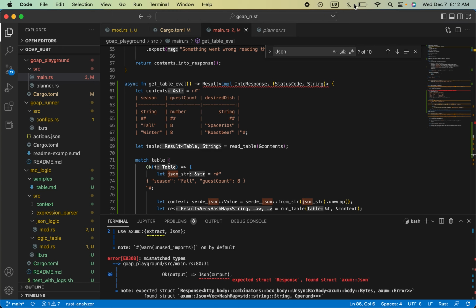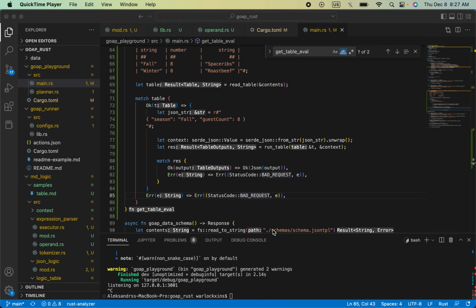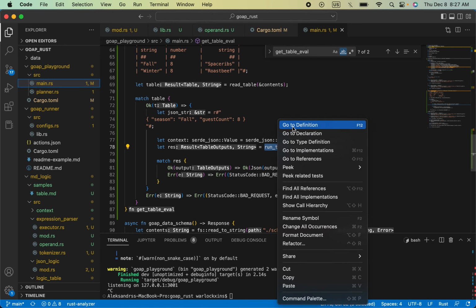Okay, my battery is going to die. I'm going to complete a bit later. I realized I wasn't recording, so I had an issue here where the output was complaining it's not able to be converted to JSON. So what I had to do is for the method run table, I made it return a